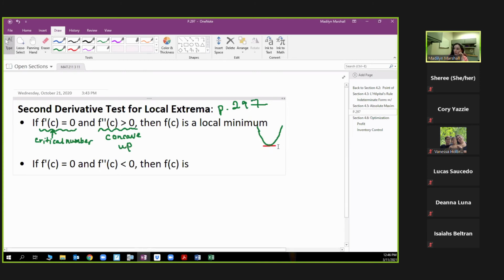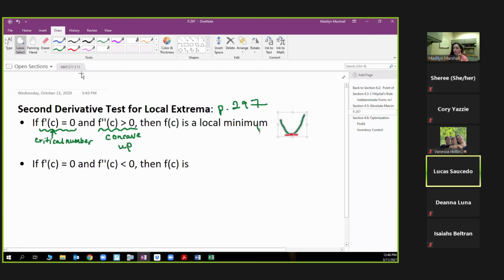So the first derivative being 0 means we have a flat tangent there. But if it's definitely concave up there, that means the graph is turning at that point, and it must be a local minimum. If the left side of that graph was also increasing, wouldn't there still be a critical number at 0? There would be a critical number, but if we had something like this, yeah,